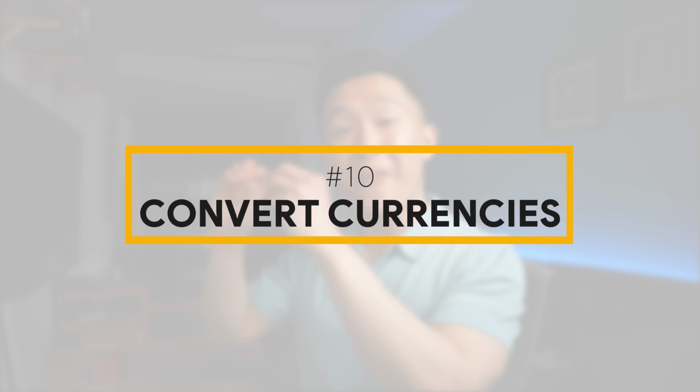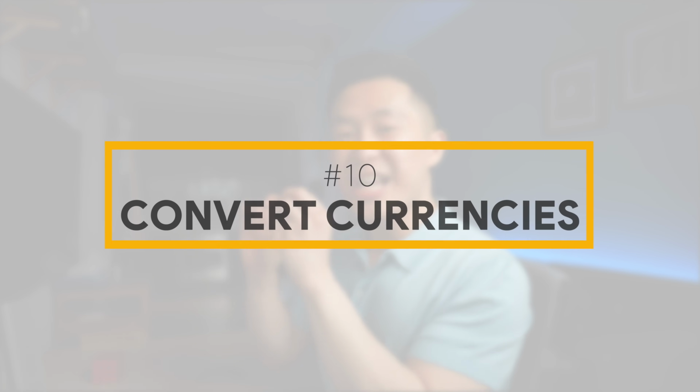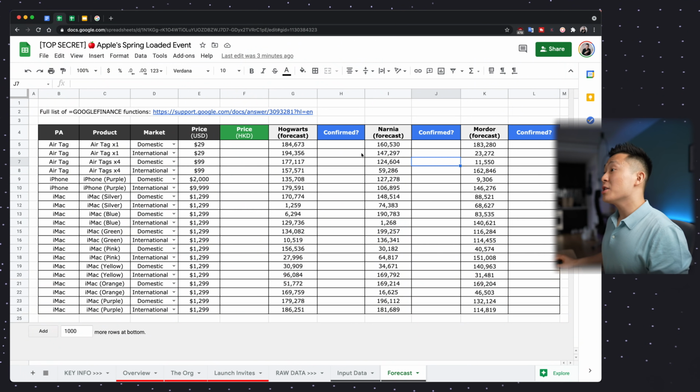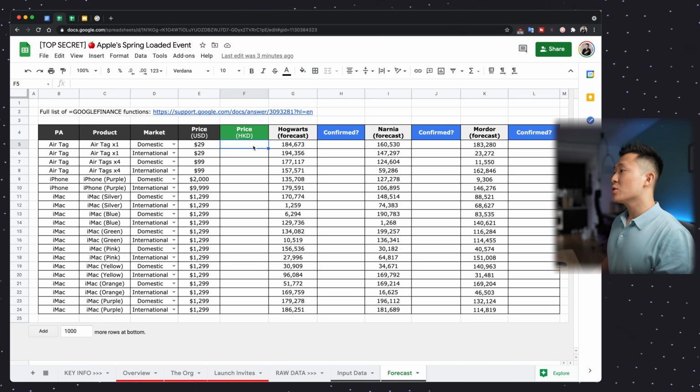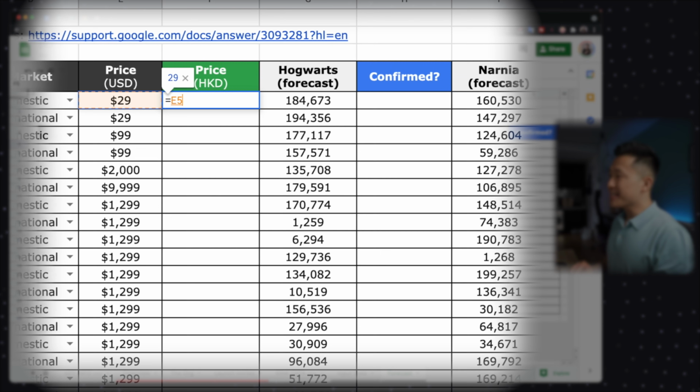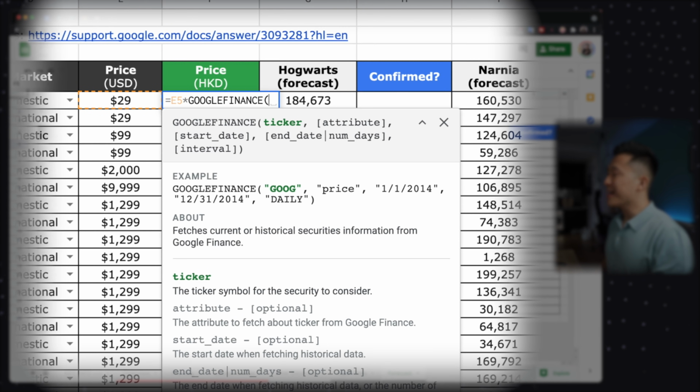And tip number 10 is a bit niche, but I've been using it a lot since I work with suppliers and partners located all over the world. And that is to use the Google Finance function for currency exchange calculations. If you wanted to quickly see how much these products will cost in Hong Kong dollars, what we can do is equals this multiplied by Google Finance, open bracket, quotation marks, currency,